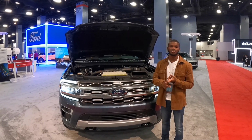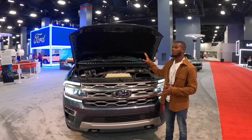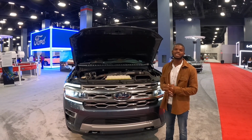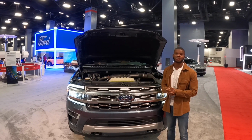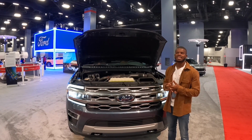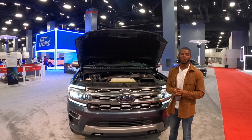You can pick between rear-wheel drive, which is standard, or all-wheel drive, which is going to be an additional option. And Ford is rumored to put the same powertrain that's in the actual Ford F-150 hybrid. So this might have best-in-class when it comes to extra fuel economy. And as of this filming, I do not have the final pricing here for the refreshed 2022 Ford Expedition, but